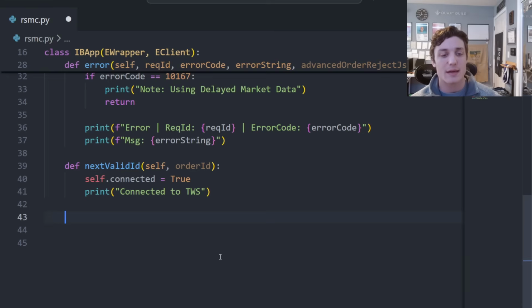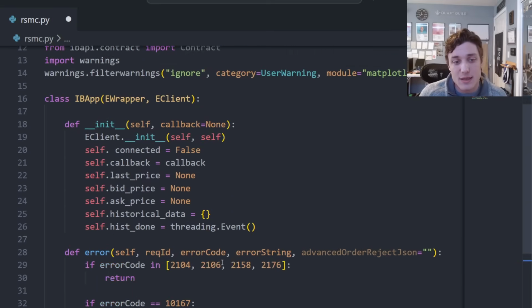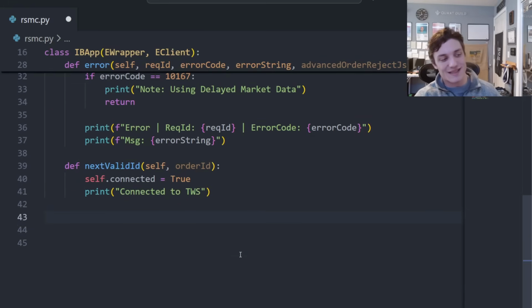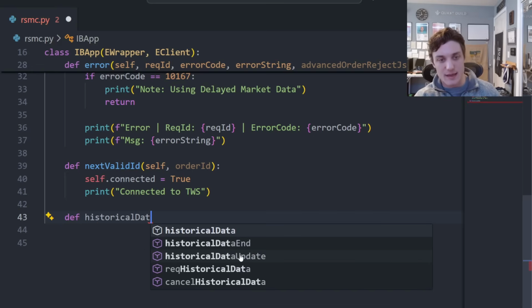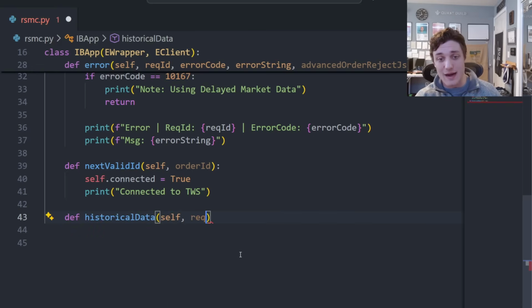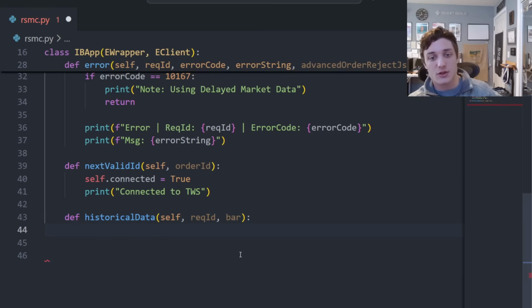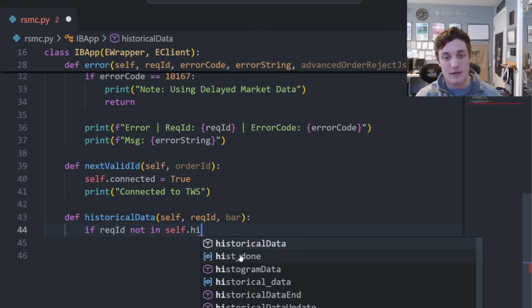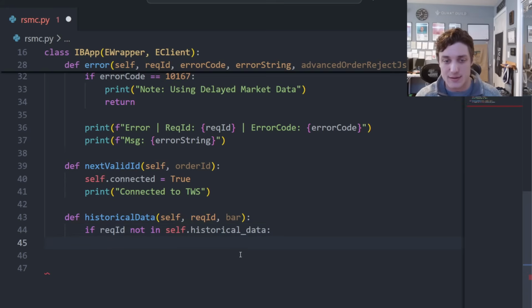All right. So now we need to handle historic data, not just the historic data request to the server, but when the server responds with that data, we need to store it somewhere. Well, when we created this IBApp class, we already created a dictionary to store the data in. So that's exactly where we're going to put it. I'm going to say def historical data, self, rec ID, bar, and the server is going to respond with that bar data that we are then going to store. So if rec ID is not in self.historical_data, that is our dictionary,